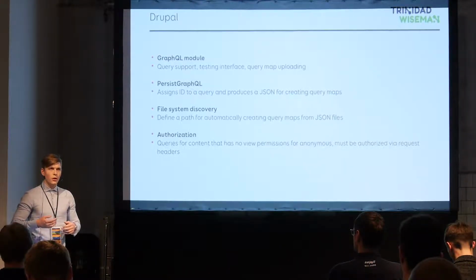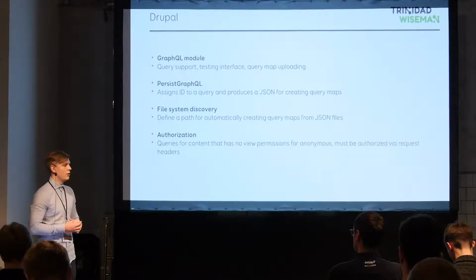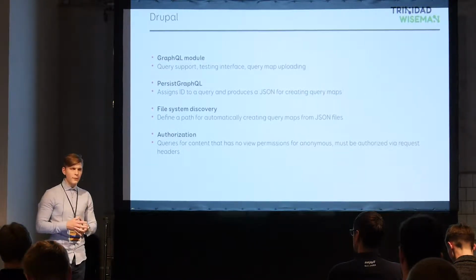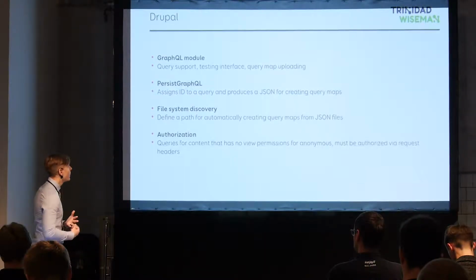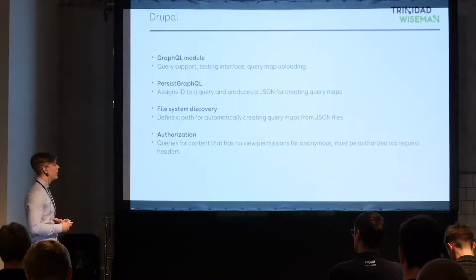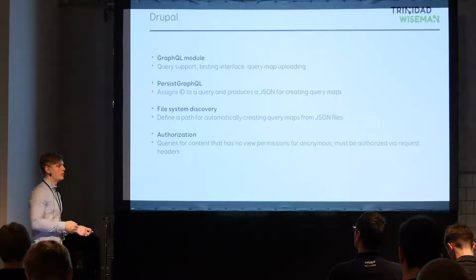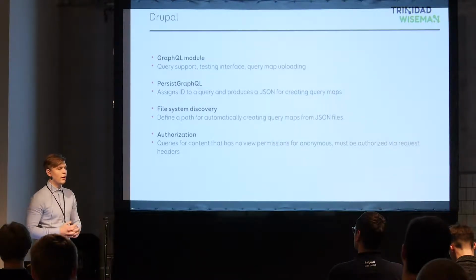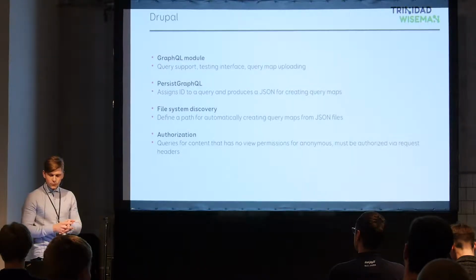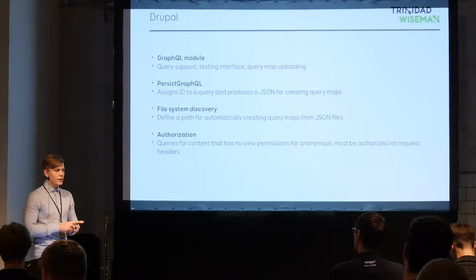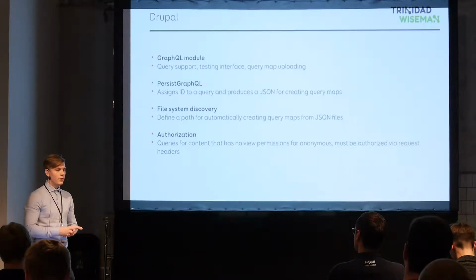So if you have finished the query, you can use Persist GraphQL to make a JSON file from that query, which means the query gets a unique ID. It can be uploaded to Drupal, so the front end can query data from a specific endpoint. And this can be done in two ways. You can import the GraphQL query maps manually,